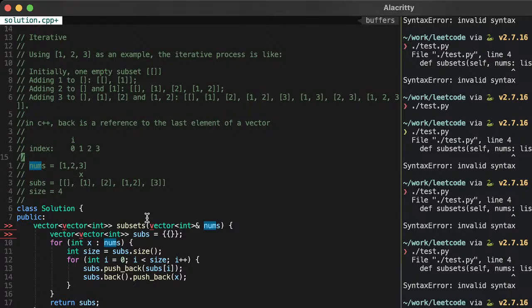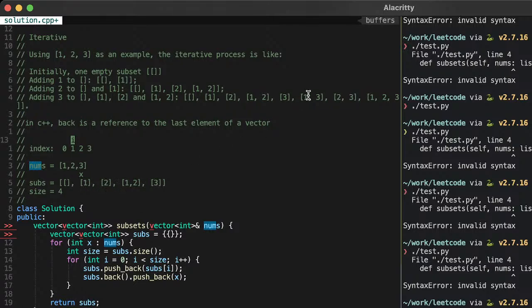Okay. And this is useful, having this lined up a little bit. So this is 0 index, 1 index, 2 index. Okay. So i is 1. We're going to push_back subs[i]. Push back this guy. Interesting.